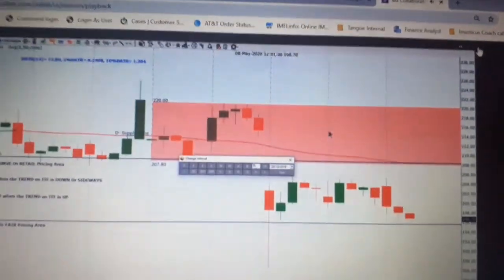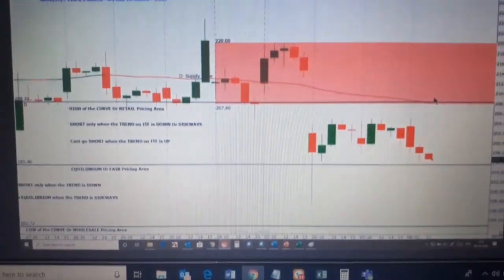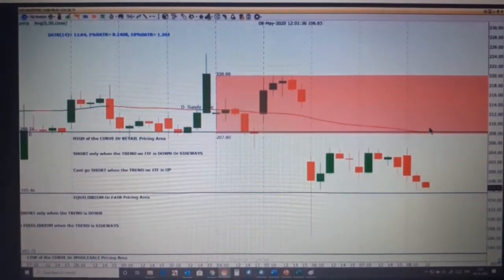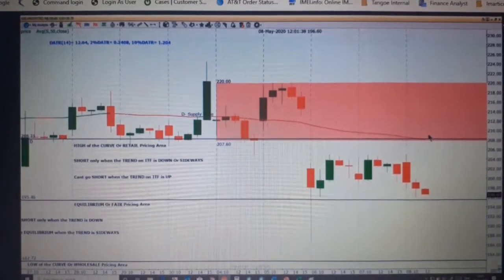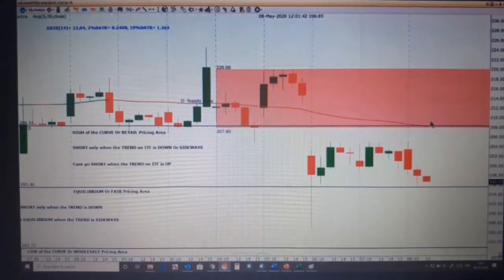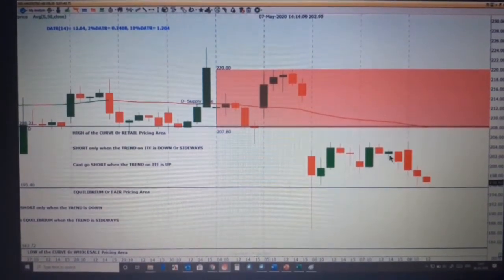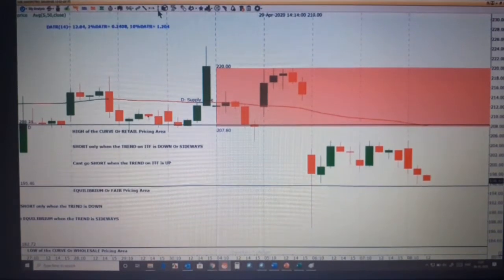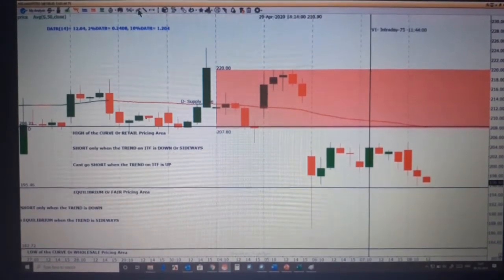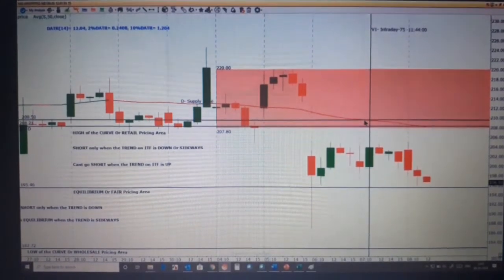So I'll go on to the 75-minute chart. This is the 75-minute chart. Now what is the trend on the 75-minute chart? What is the trend? Down. Confused? Go with this. 1, 2, 3, 4, 5, 6, 7. So that's your seventh candle, and that's your intersection of the vertical line and the 50 period simple moving average.